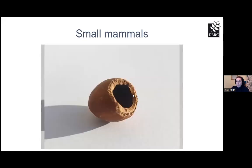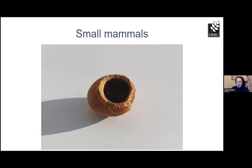This one is a wood mouse, and hopefully you can see here the little chisels from the teeth marks going all the way around the edge of this hole, and a few little tooth marks around on the outside as well. So that's how you tell that one's a wood mouse, as opposed to this one, which is a dormouse. So this is a way that you can survey for dormice without a license, because dormice and their nests are